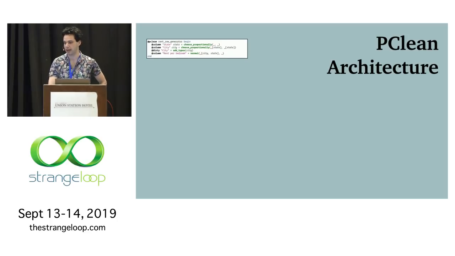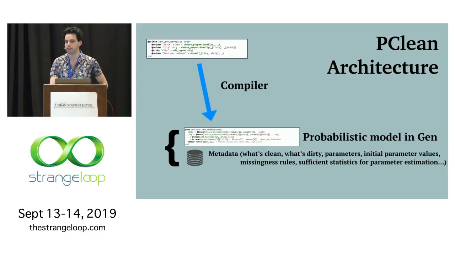So the architecture of Pclean, how it actually works, is that we take this script that the user has written and we compile it into a probabilistic model in a general-purpose probabilistic programming language called Gen. And we're also going to extract some metadata from this script that Gen wouldn't know about, because they're things that are specific to data cleaning. So we're going to extract from the script what fields are clean, what fields have the possibility of being dirty, which fields have parameters, which were these underscores, and what our initial parameter values are. There's also stuff that I haven't shown about missingness. We're going to get metadata about aspects of the parameter estimation process,